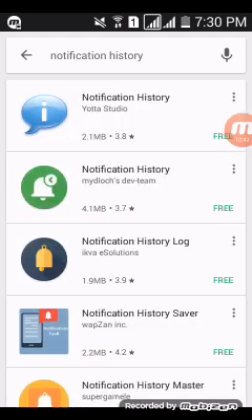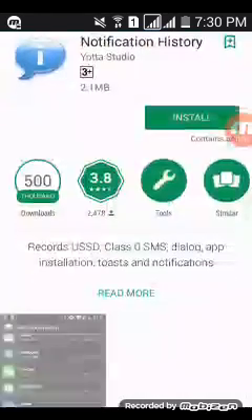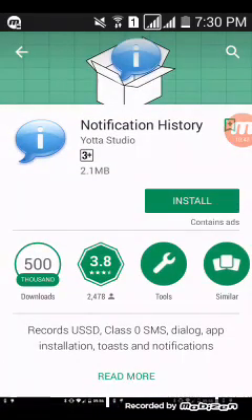This is the app which you can use. So you can install this app, and when the person deletes messages, all the message notifications will be there inside this notification history. So you can open this notification history and you can read all those deleted messages.